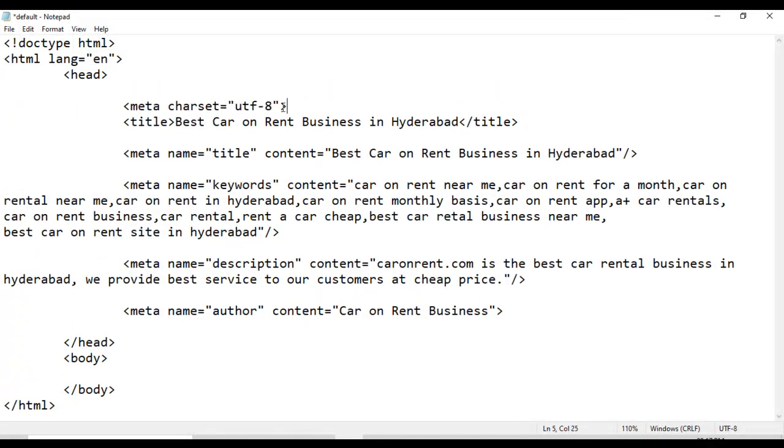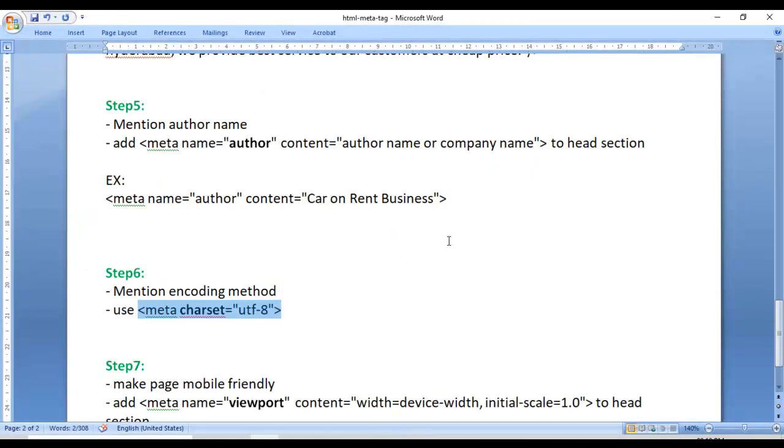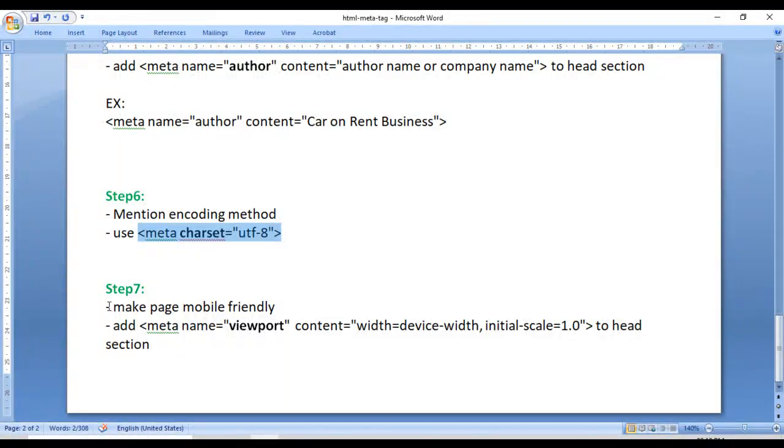indicates the character set of this document is Unicode Transformation Format 8. Some people will be writing it like this also, UTF in capital, Unicode Transformation Format 8, which is a character encoding method, guys. Next, we make the page mobile friendly so that our page gets rendered properly in the mobile,